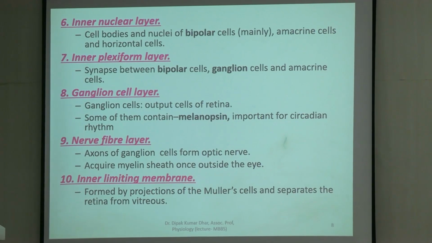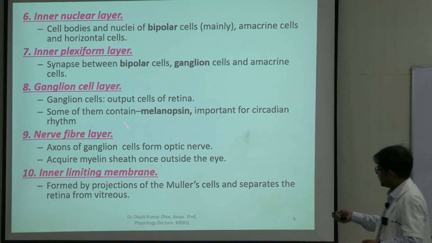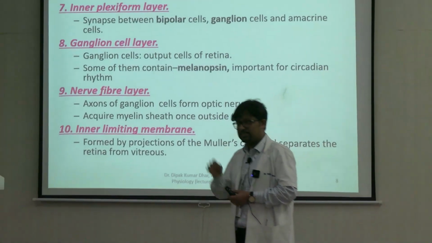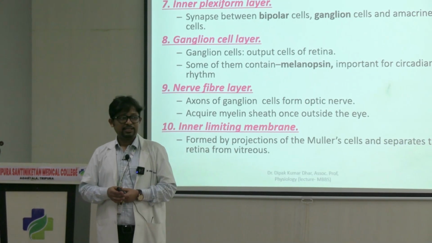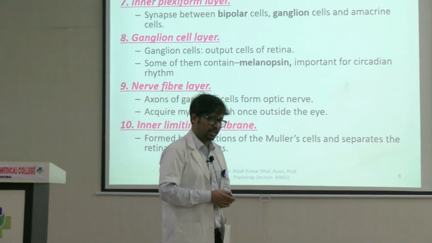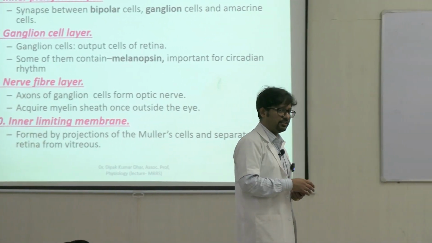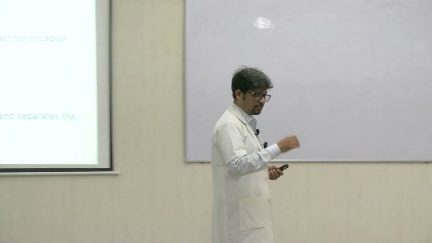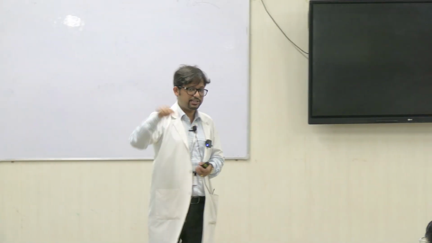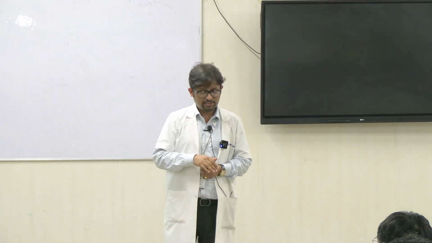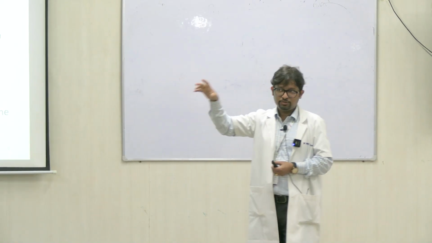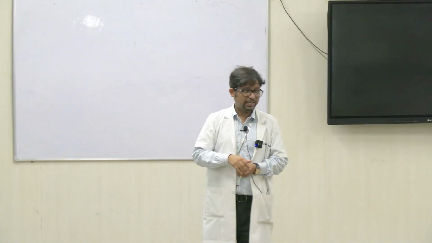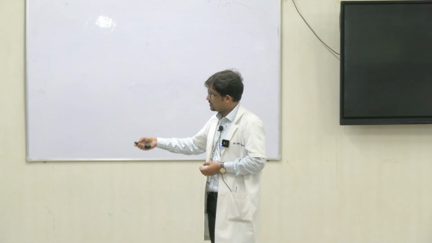Now from here, the one small subset of ganglion cells have a pigment called melanopsin, and this small subset of ganglion cells which contain melanopsin, they form the retinohypothalamic tract, which is important for circadian regulation. So retinohypothalamic tract goes from the retina to the suprachiasmatic nucleus of the hypothalamus, from where it reaches the pineal gland for secretion of melatonin. So ये भी we have discussed while talking about hypothalamus. So these cells which are present over here, melanopsin containing cells.